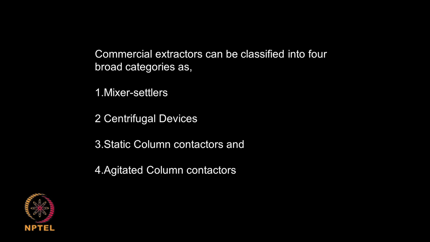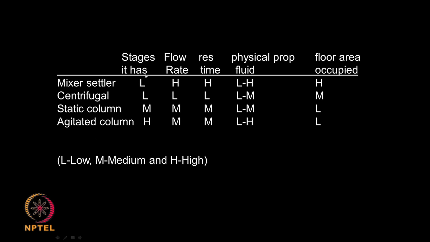So, two designs, and you also have centrifugal devices, I showed you one picture of that. And then we have of course, in the column we have static column where you are not agitating anything, and on the contrary you can have a column with agitation. So, 4 types in total, each one has got their own advantages, disadvantages,